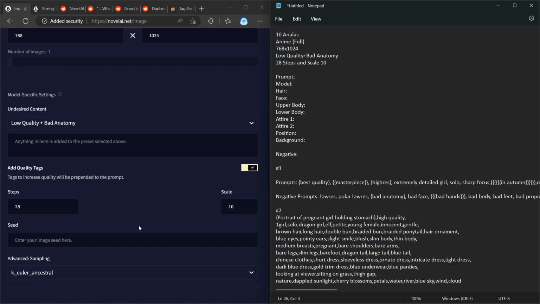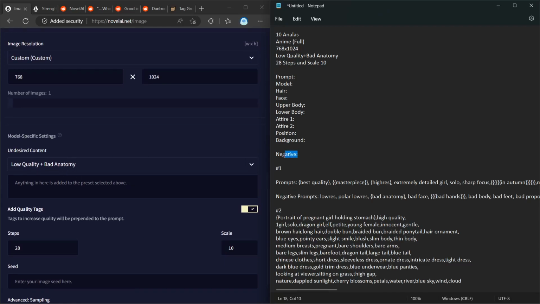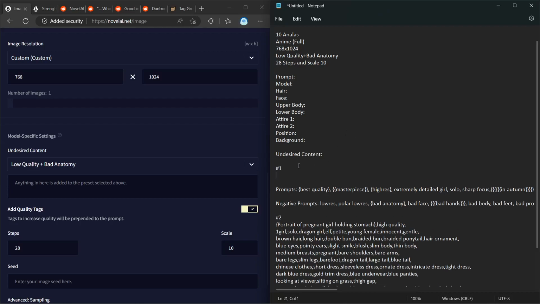Okay. Undesired content. Okay. I usually keep the main prompt just the same right here. So, let's see here. Start with the main prompt. Okay, I'll take this part, put it here. High quality,